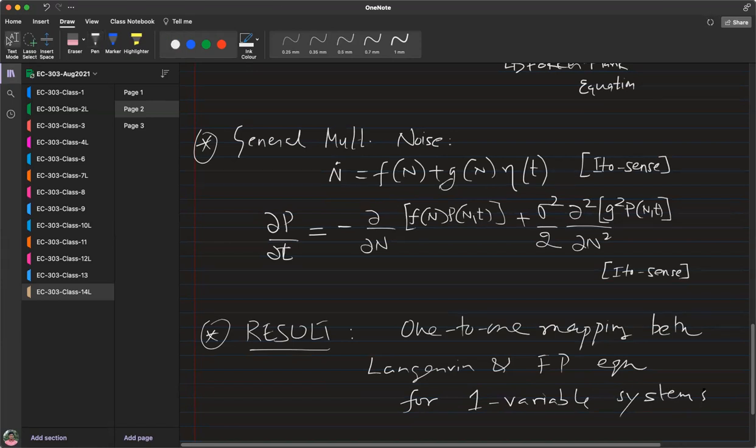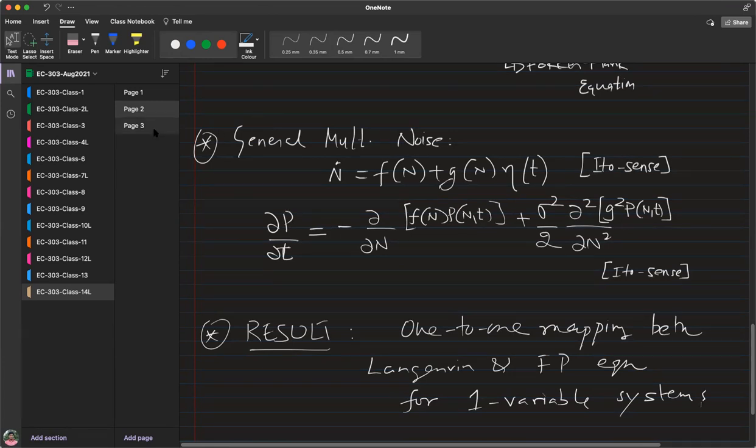For example, so far we have been looking at n as one single population. So if you look at single population stochastic dynamics, if I know the Langevin equation, I uniquely know the Fokker-Planck equation. If I know the Fokker-Planck equation, I will uniquely know the Langevin equation. So they both correspond to each other in a perfect sense. They don't add any more information than the other. These are all some useful results to know.